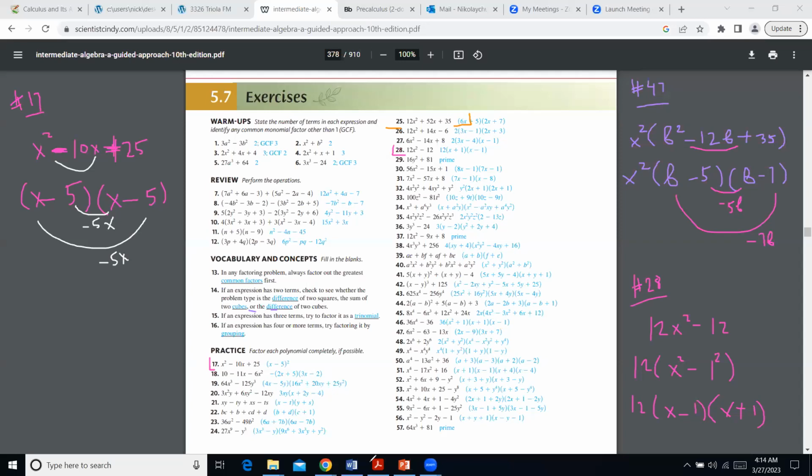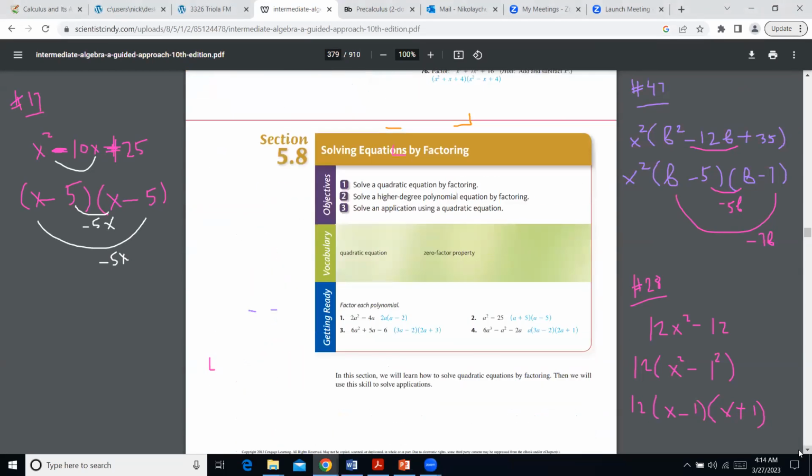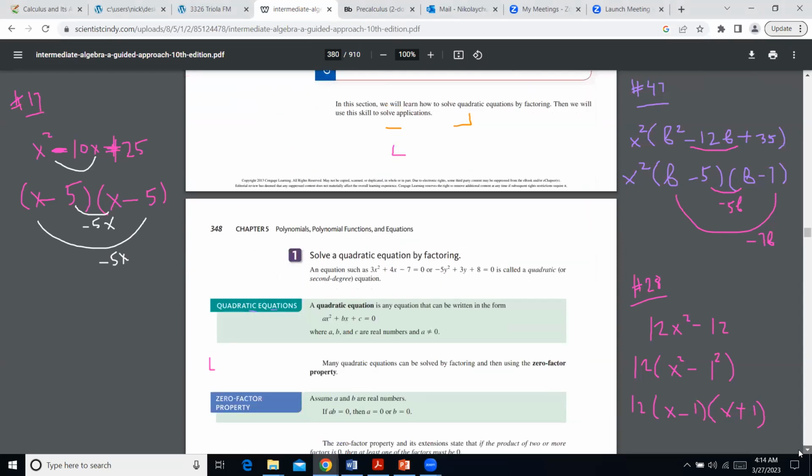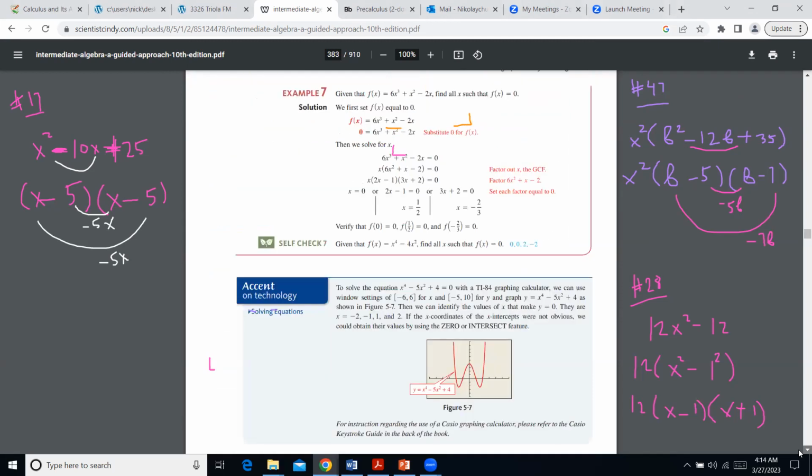So this last section of the chapter pretty much does the same kind of exercises, and I think we can move on and check what's in the section